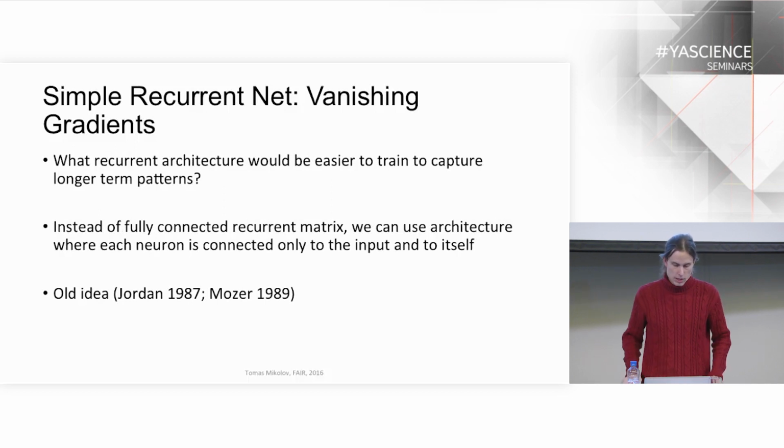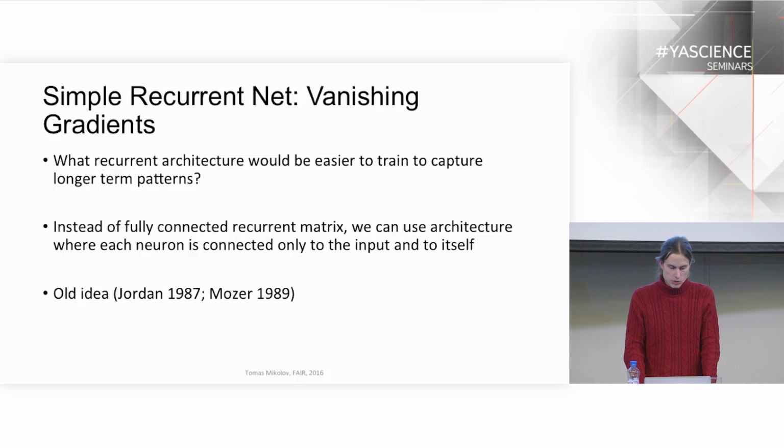So the idea of how to form this longer memory is actually, again, something that you would find in very old papers, like from Mike Jordan and Mike Mozer, who wrote several papers about this architecture in the late 80s. It's an idea where the recurrent matrix wouldn't be fully connected, so that each neuron doesn't see all the states of the neurons from the previous time step, but each neuron would be connected through recurrent connections only to itself in the previous time step. It's like a very simple structural constraint on the matrix.